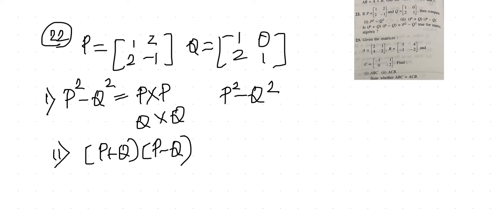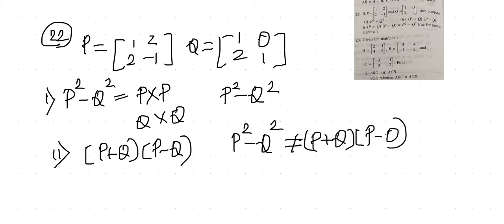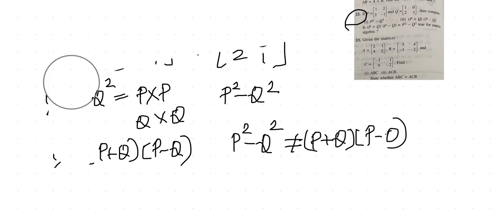So now once you are getting this, then you will be getting that P square minus Q square, the value of the matrix will not be equal to P plus Q into P minus Q. And this you are going to get only when you are solving this particular question, and this is an important result which says that for matrices A plus B into A minus B is never equal to A square minus B square. Okay, it is not true for matrix algebra. Alright, so this question you will be taking as homework because this is an easy one, so you can easily do that. And now we will be moving to question number 23.